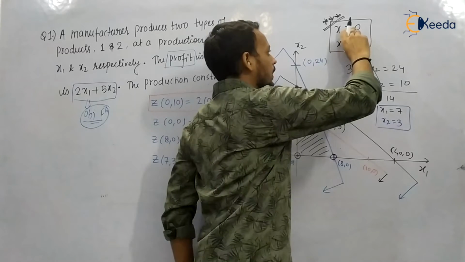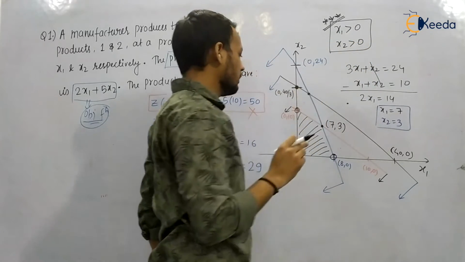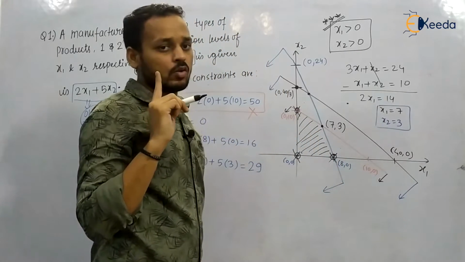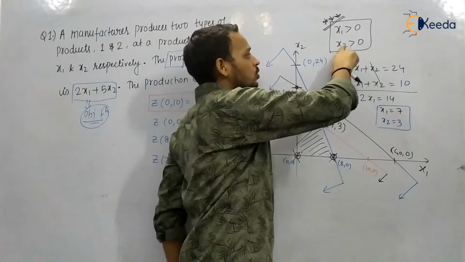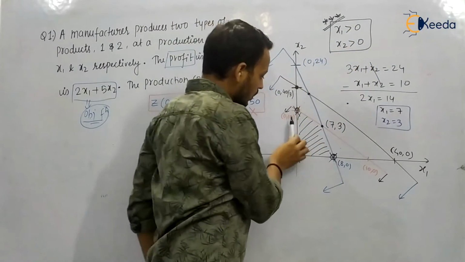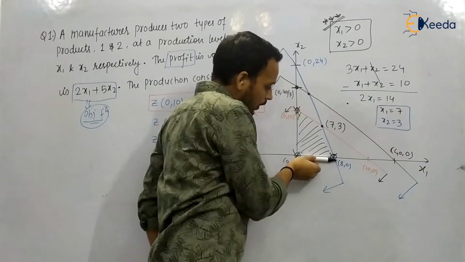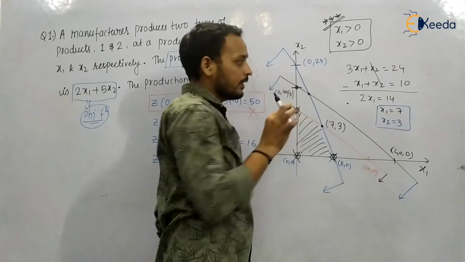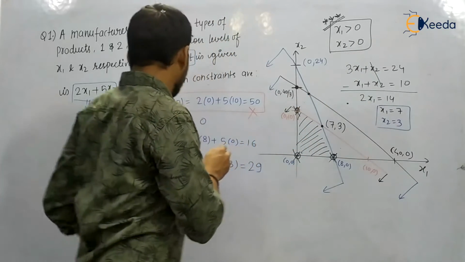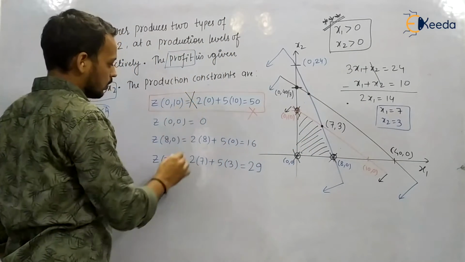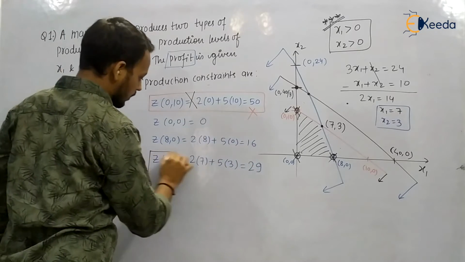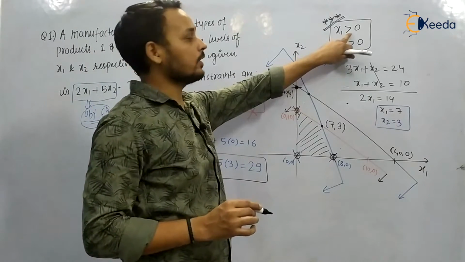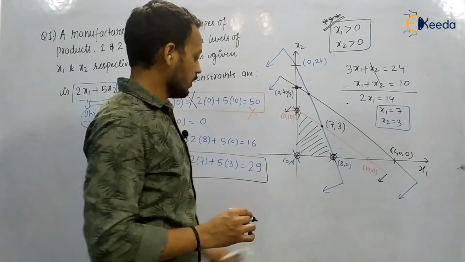But if it is given x1 greater than 0 and x2 greater than 0, it means you cannot take these points. Okay, these points will not provide the optimum solution. Because x1 is greater than 0 and x2 is greater than 0, you should remain in the first quadrant, but you should not consider the ordinate and abscissa. You should not consider the x and y axis. Why? Because it is greater than 0. So this corner point is not the solution. Okay, so our optimal solution is (7, 3). These are not the solution because we have to exclude these corner points. You can see the restrictions here. It is only greater than 0. Okay, so our answer is 29.